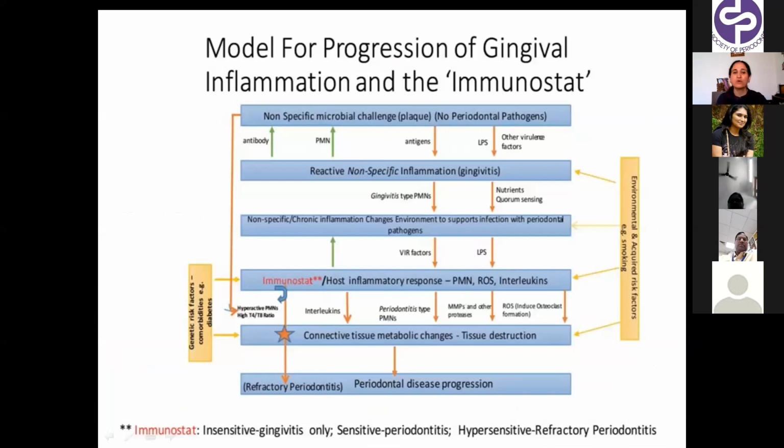Immunostat is how sensitive your immune system is. If it's oversensitive, that also is a problem. If it's undersensitive, that is also a problem. Hypersensitive, it will lead to infective disorder. So this novel concept was given, which will incorporate the other factors that are affecting the inflammation or the immunity in the local tissue. So taking these into consideration, because we cannot go into details, there are